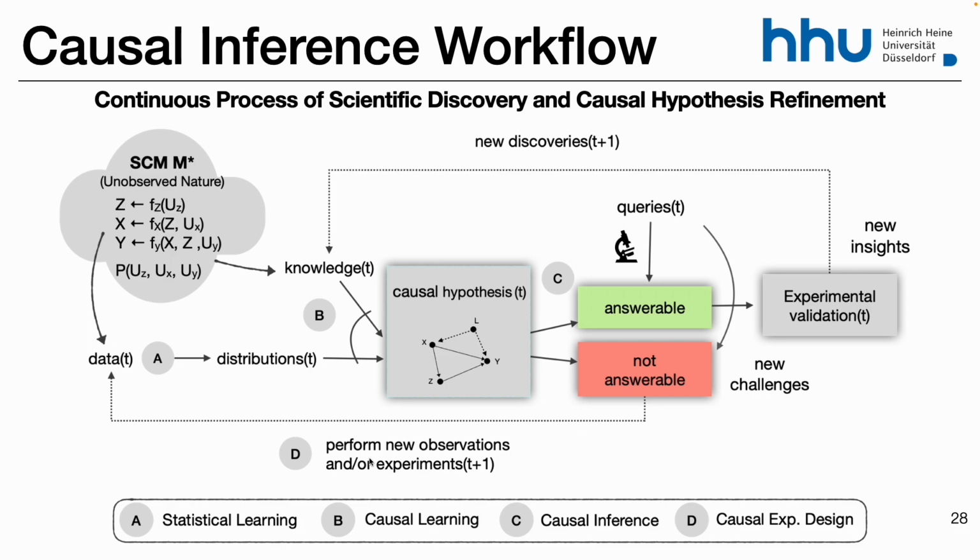So if you have a no answer, you are not doomed. You can go through these experimental designs and, if you have access to data or are able to perform an experiment, maybe you can go back and do a next iteration. And if you are lucky and you got the answer, you can also go back in the loop by considering this as new knowledge.